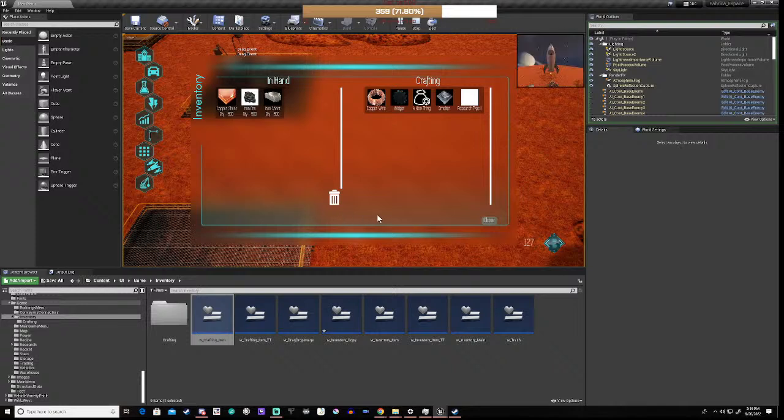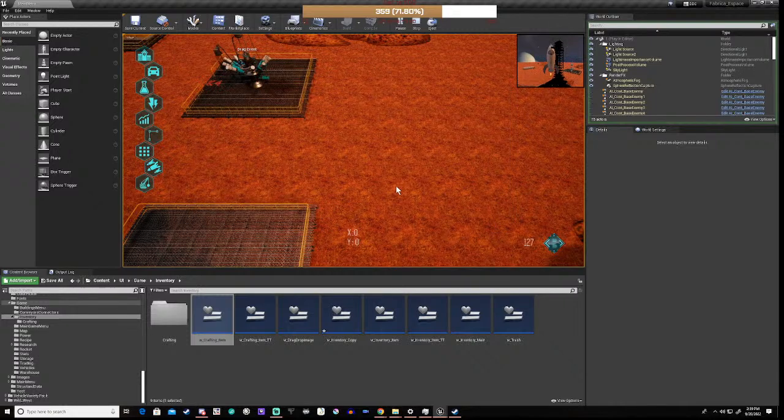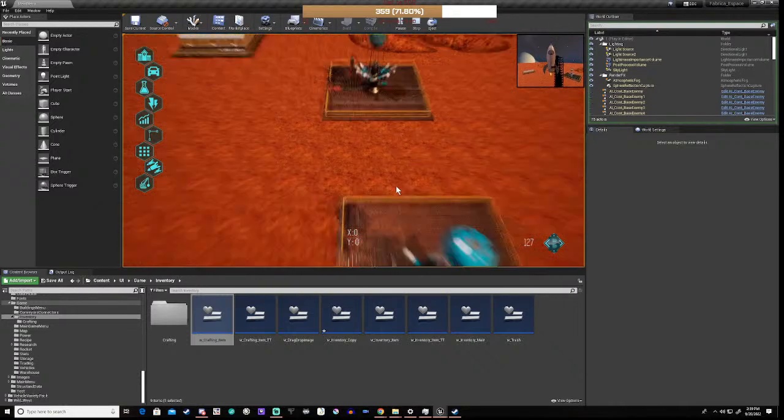And there you go. Drag and drop in Unreal Engine. So we can close that, and